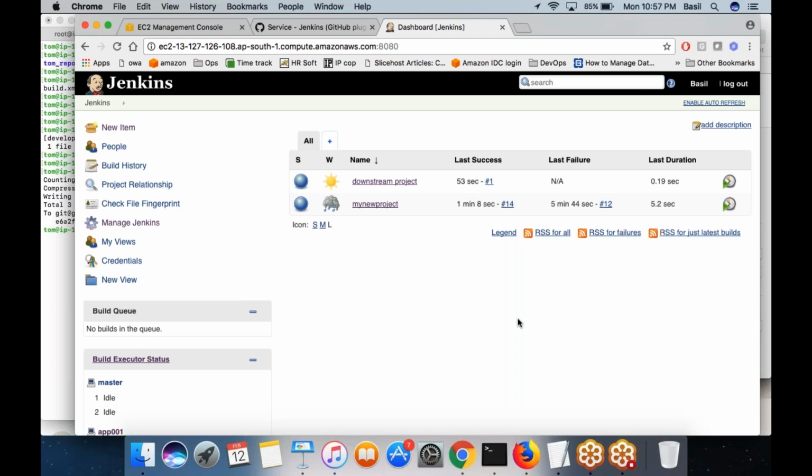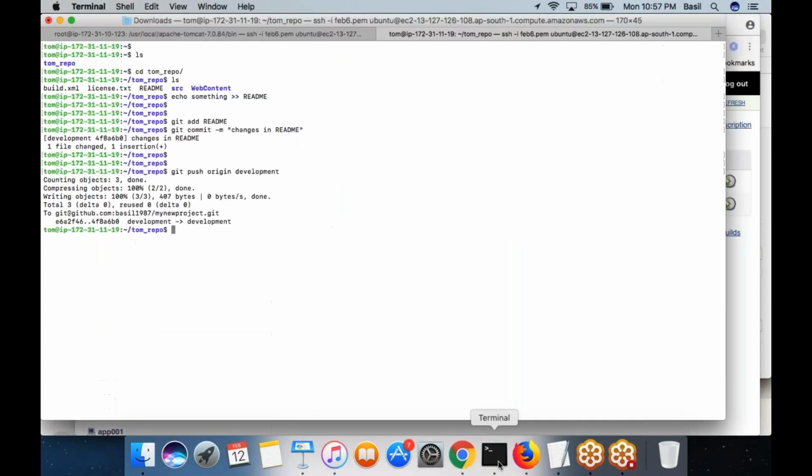So now we will take a look at fingerprinting of the build file which Jenkins creates. Also, we will take a look at the backend. I'm going to log in as the user Jenkins,